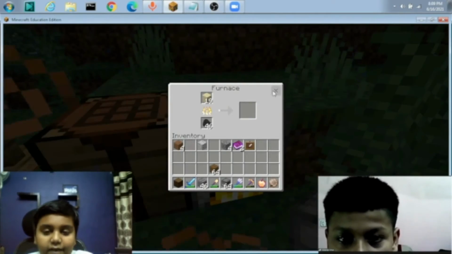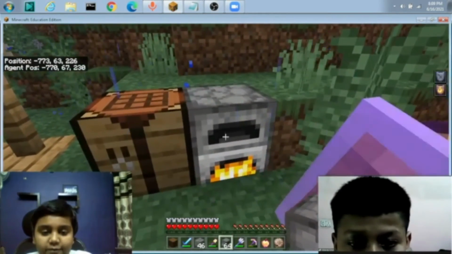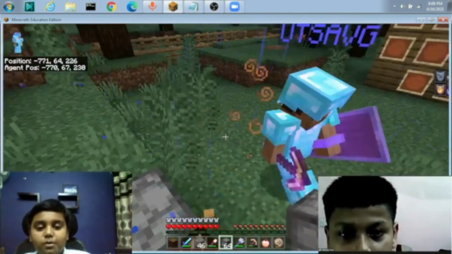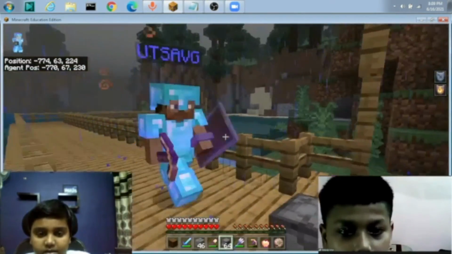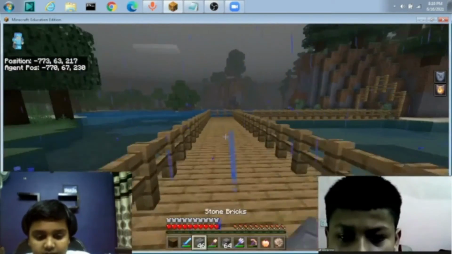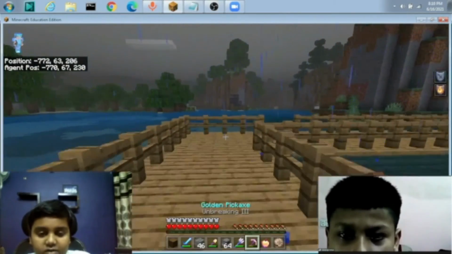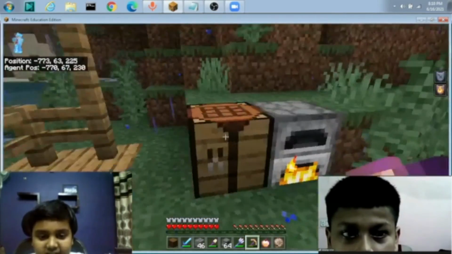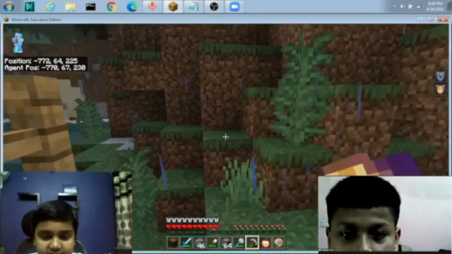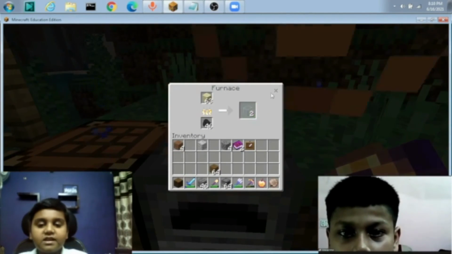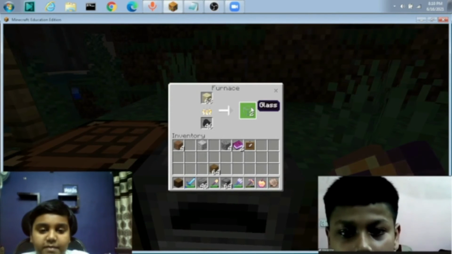So now I have dug some sand and I have put that in the furnace. You can also. Wait, let me put more sand. Let me find more coal so then we can make the glass. Now let's see if the glass is made or not. Oh, see, the glass has been made,